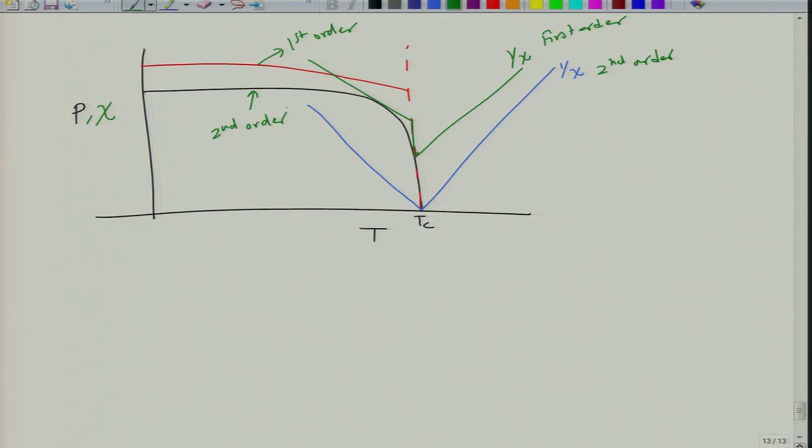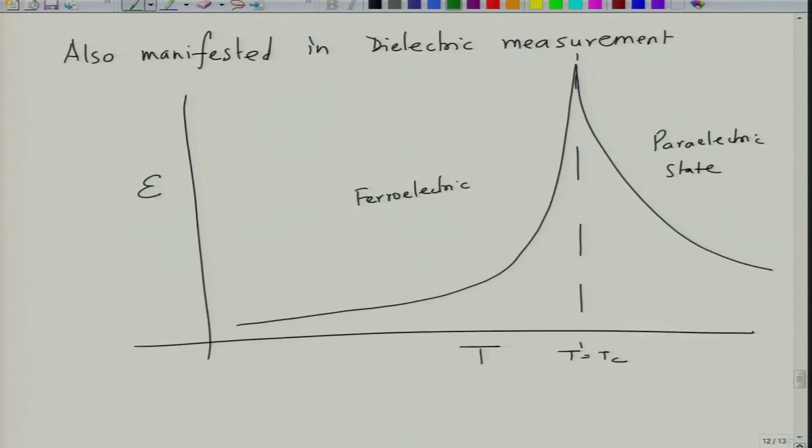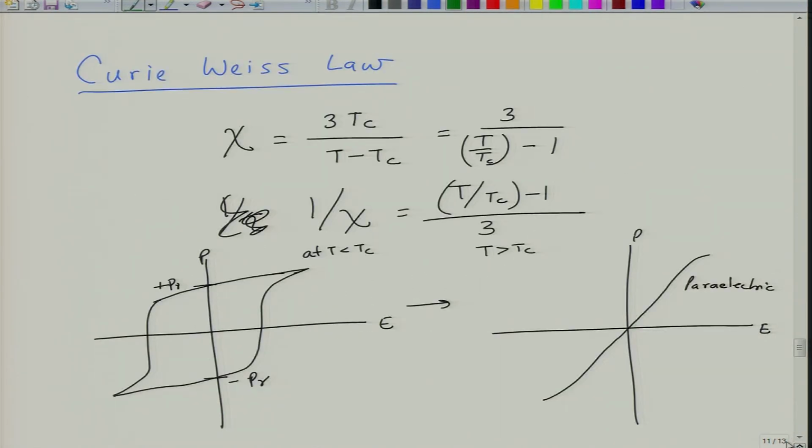So, basically the nature of temperature dependence of polarization and susceptibility is determined by the type of phase transition that is present in the material. We will look at that in the thermodynamic aspects of these materials, but basically no matter what the ferroelectric is, a ferroelectric undergoes a Curie transition or phase transition at a temperature Tc.